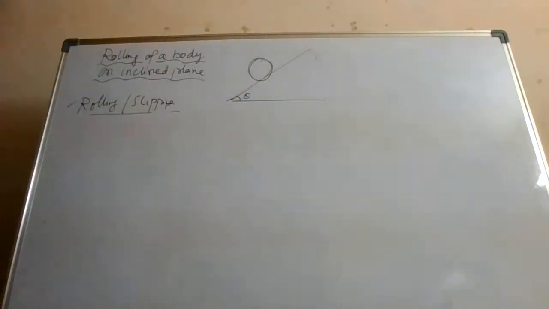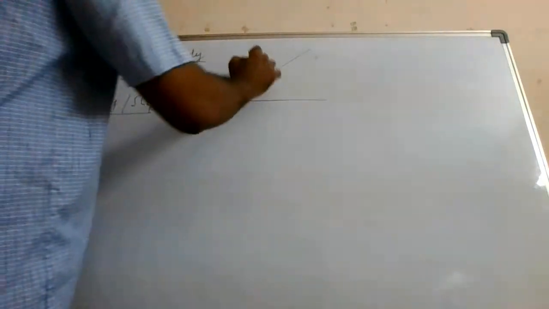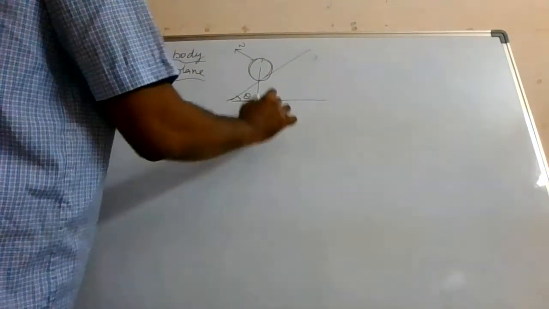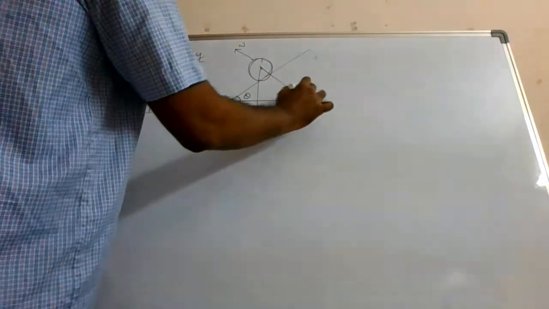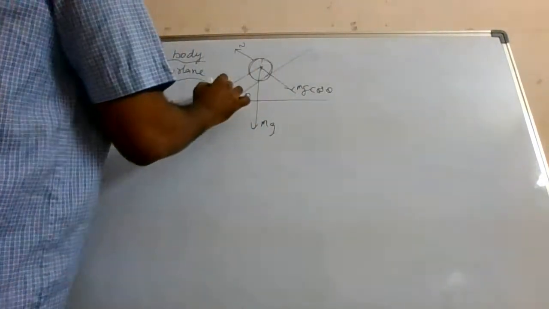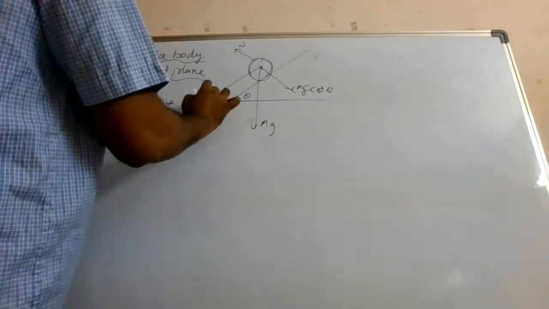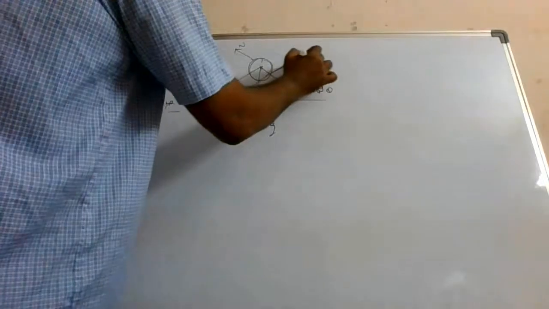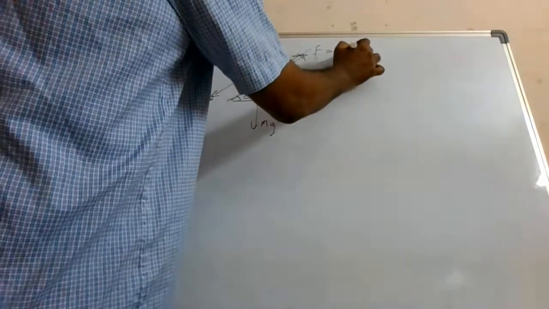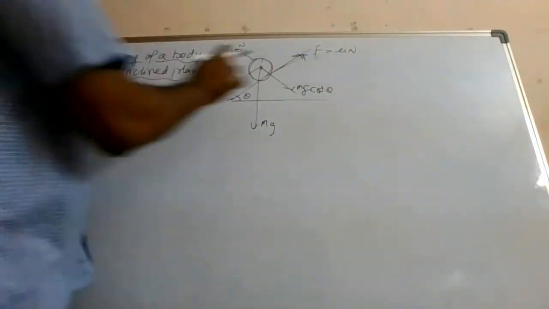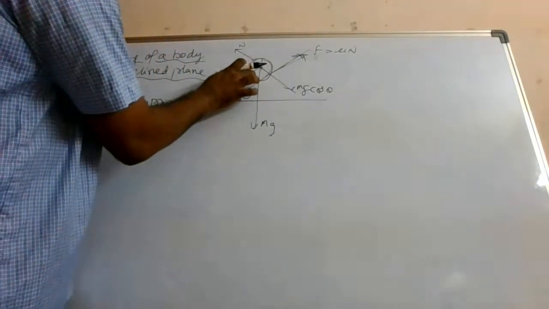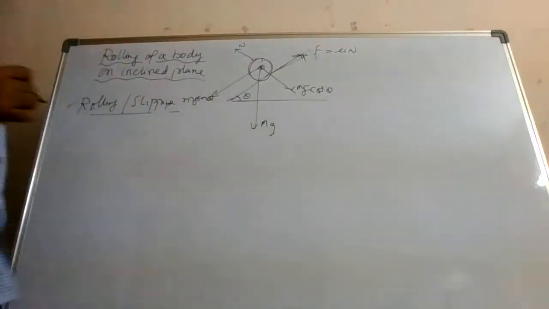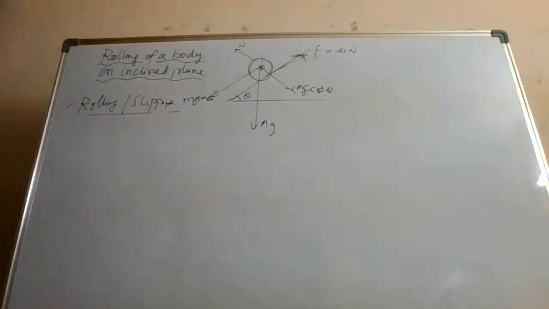Quickly let us write down all the forces that are involved. It will have a normal force in this direction. Mg will be acting like this. This will be mg cos theta. This will be mg sin theta. If it tries to roll down, the friction will be here. This is our frictional value, which is nothing but mu N. The friction acts between the object and the contact surface. The rest of the forces will be acting at the CG. So these are the forces.